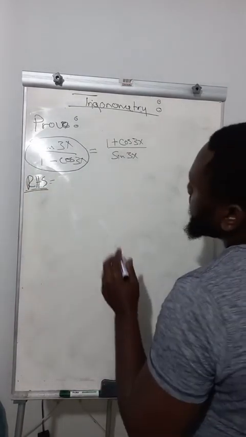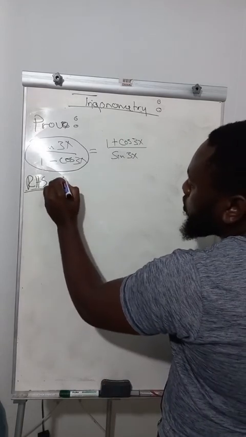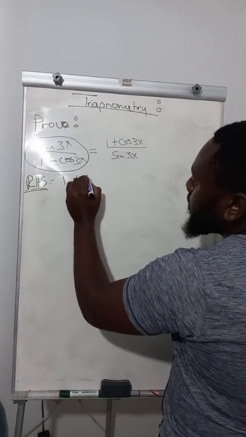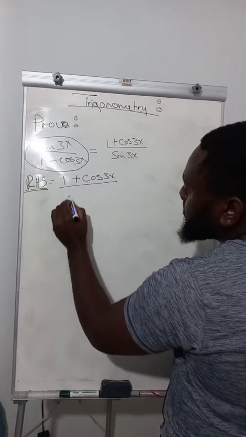So on the right hand side, you are having 1 plus cos 3x all divided by sine